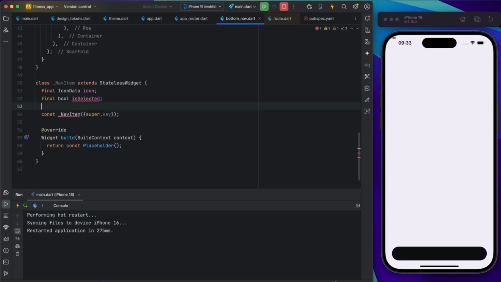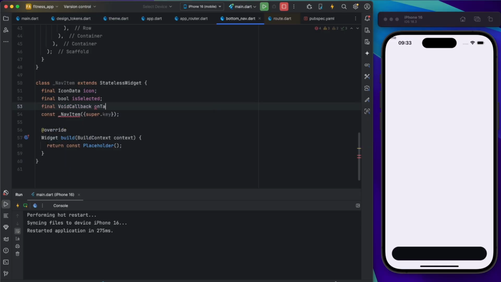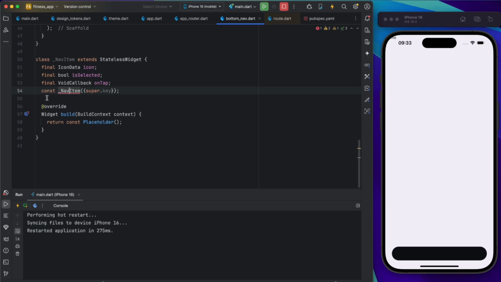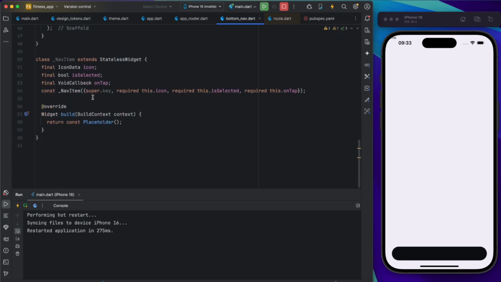Okay, and the callback where if the user taps we should. So are you going to create, okay, yeah, looks great. So let me just copy this